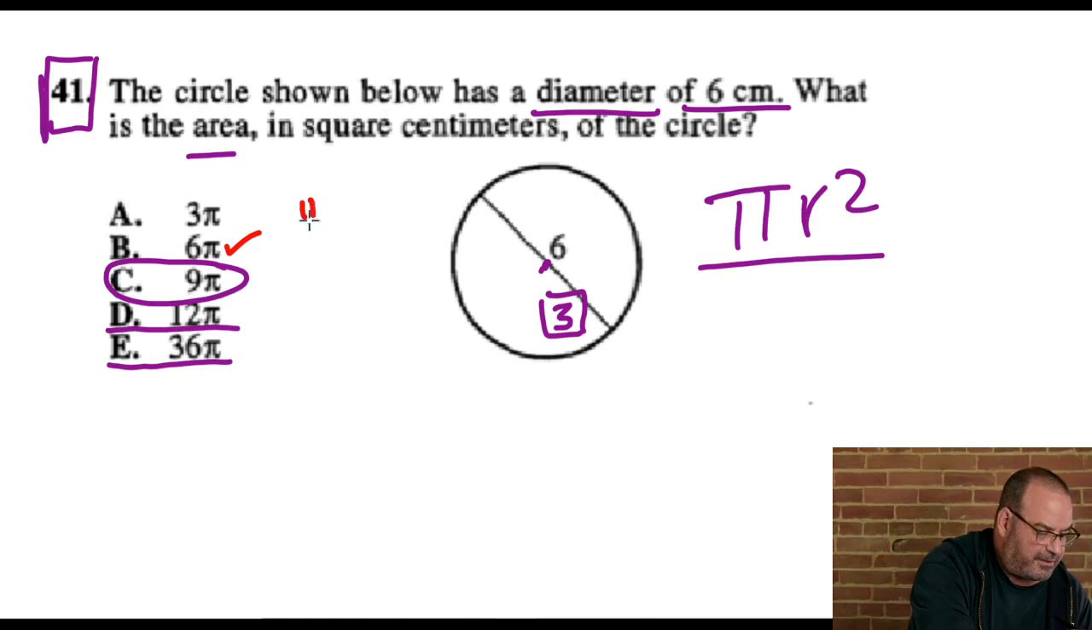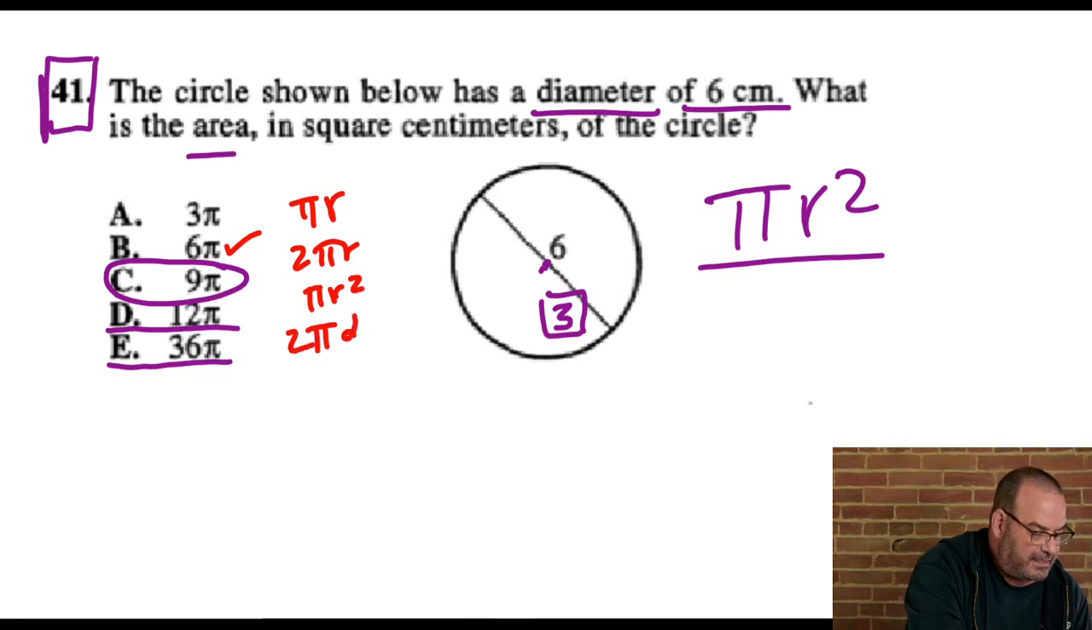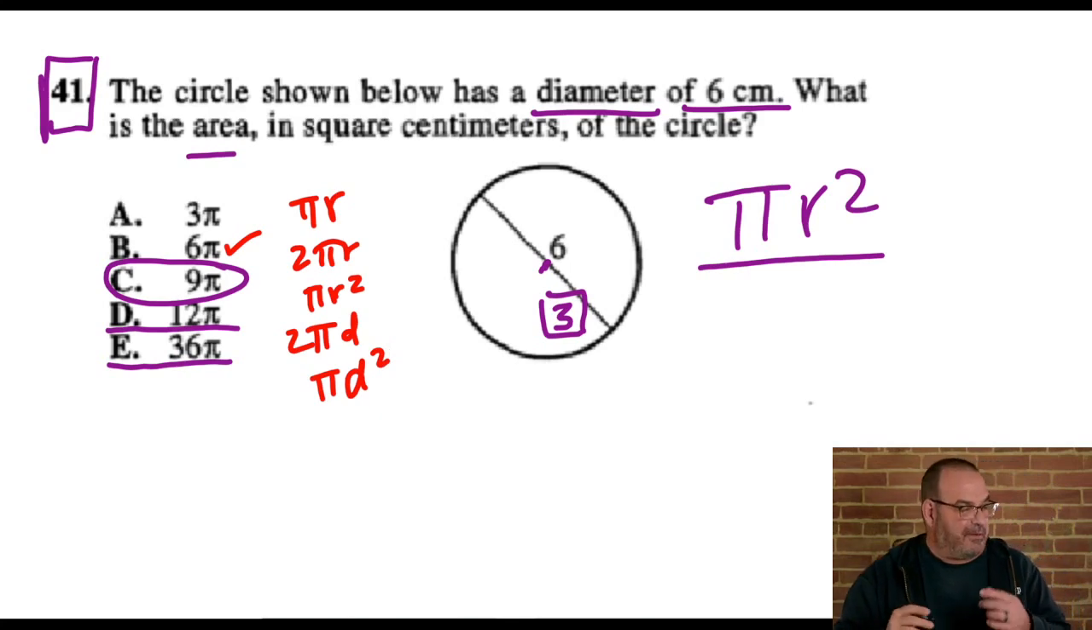So look what they have here. They have pi r. They have 2 pi r, or pi d. They have pi r squared. They have 2 pi d and pi d squared. I'm going to save this bad boy. I'm going to put this up and put it on